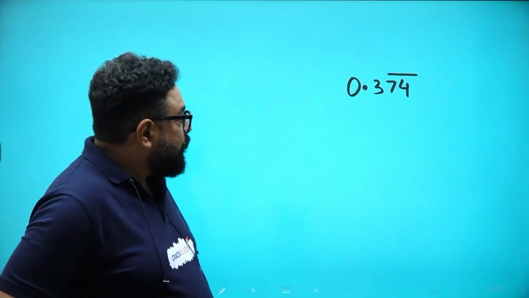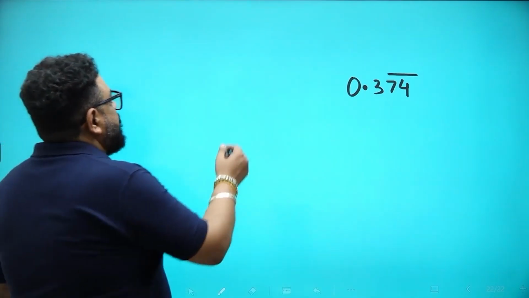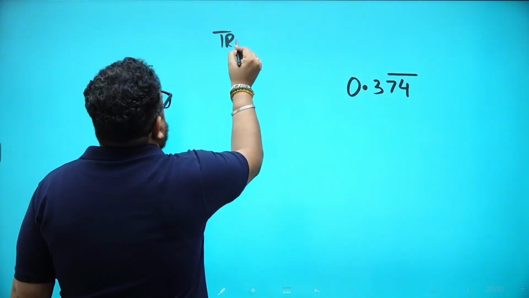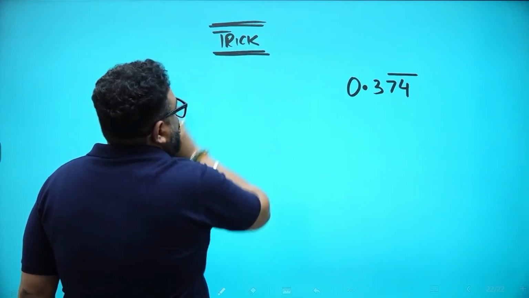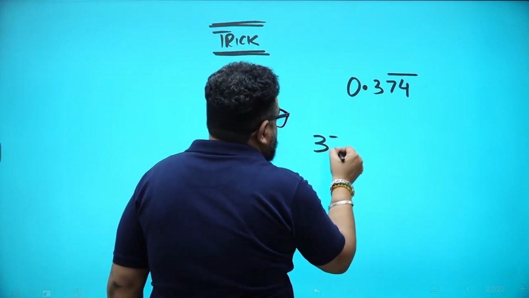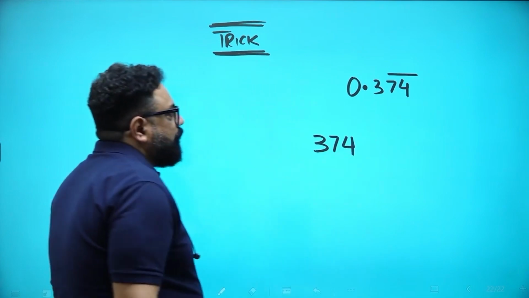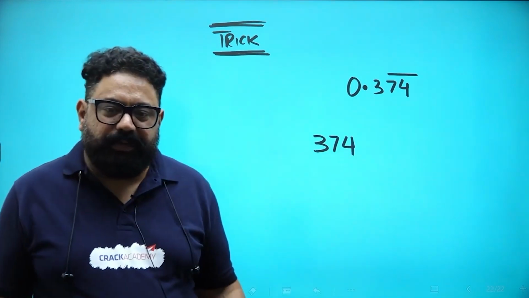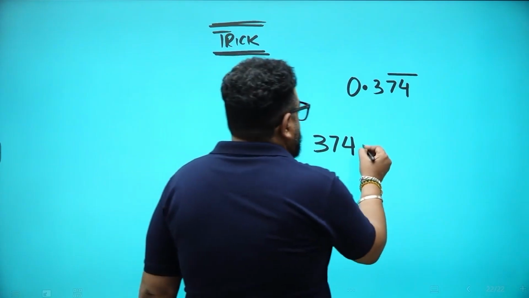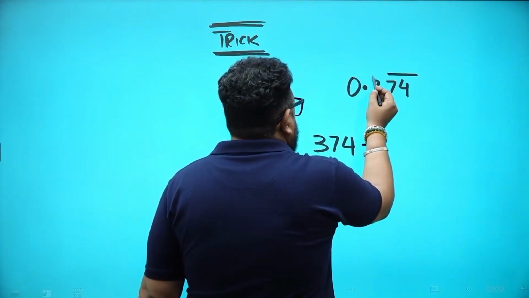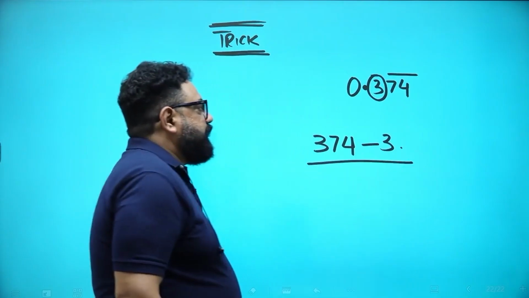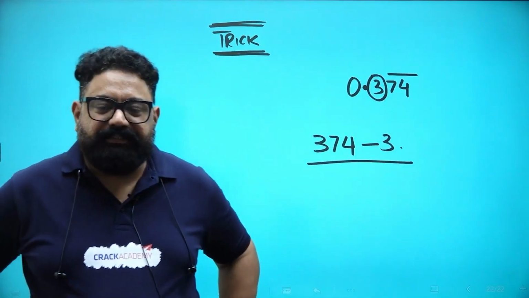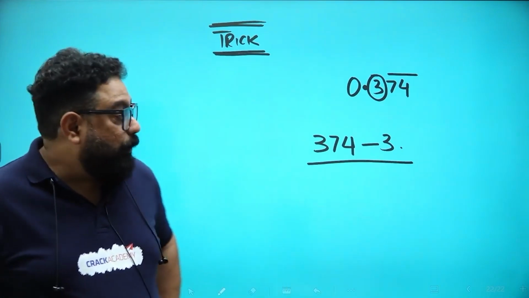So first is this trick: how to convert a number with bar into P upon Q. Write down the whole number 374, minus the number which is not having bar on it, minus 3, so 374 minus 3 upon